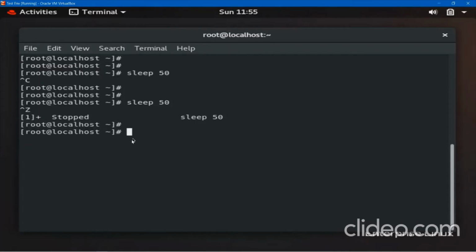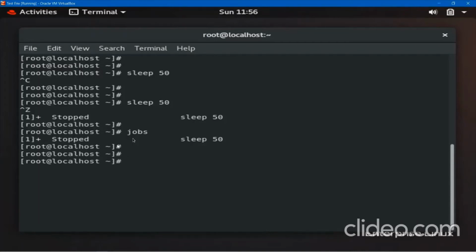In which way? Actually, Control Z never means stop or quit or terminate. It will just pause the program and put it in the background. How can I see it? I can go to jobs, press enter. You can see one program, that is sleep 50, has been stopped, paused and put in the background.